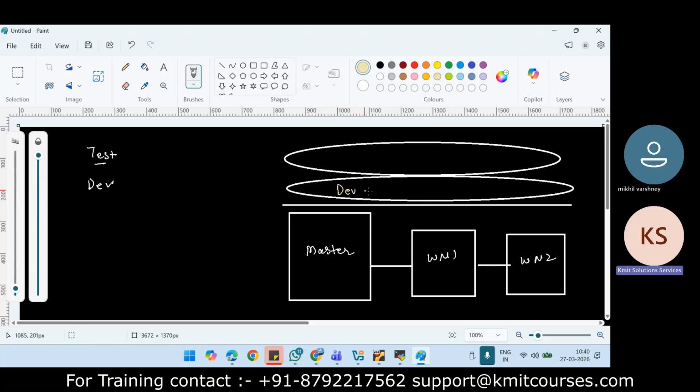So it means development related pods or deployments, etc. All the resources will be in this virtual cluster, and something which is related to the testing team, their pods, their resources will be in